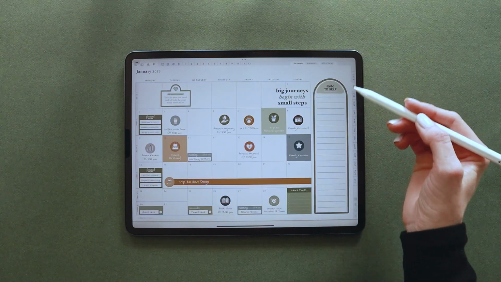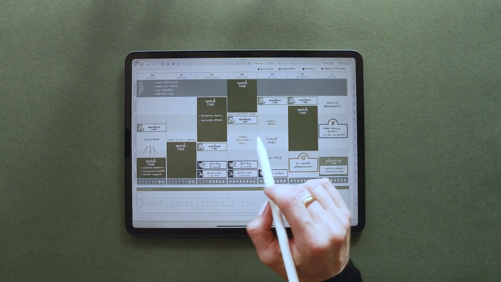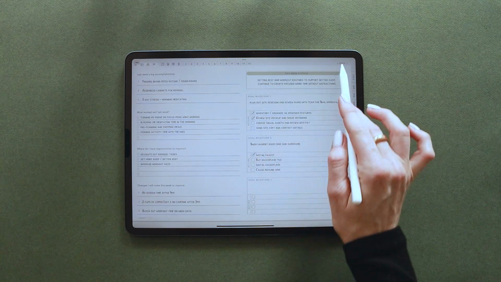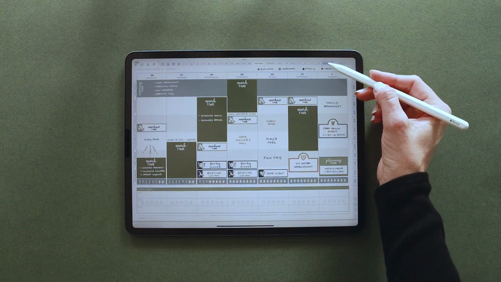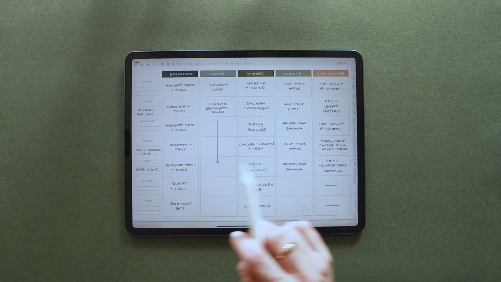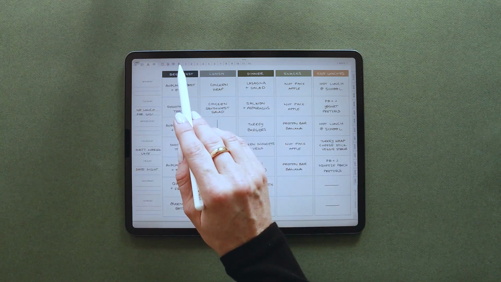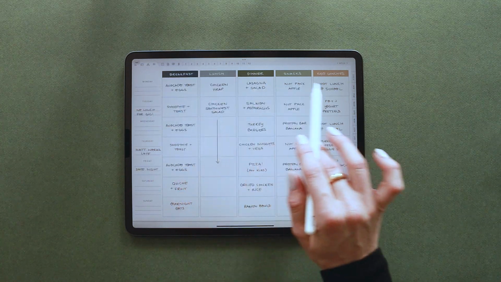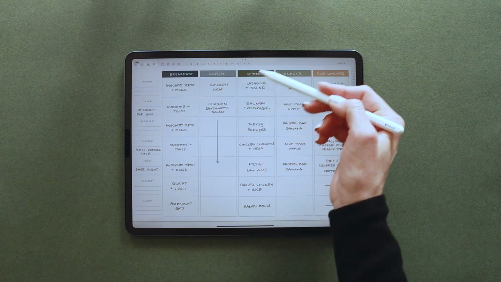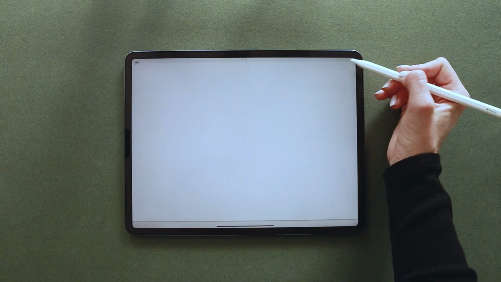Now, if we jump down to our weekly page, we have some extra bonus pages here as well. I already showed you that you can jump out easily to your focus. You also have this plan view. This is kind of a multi-purpose page. It just gives you a different view of your week. You can see I'm using it here for meal planning. It's a great assignment tracker, workout planner, great for managing different categories of your life, just in a slightly different